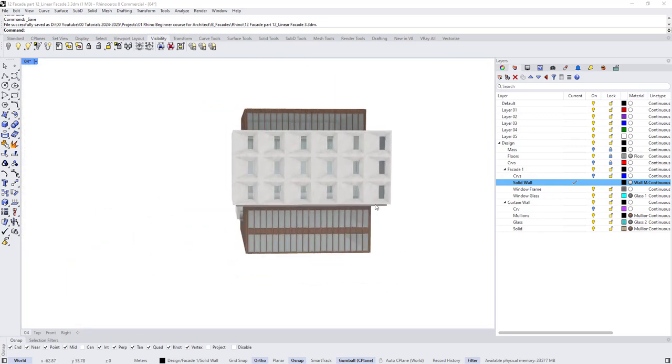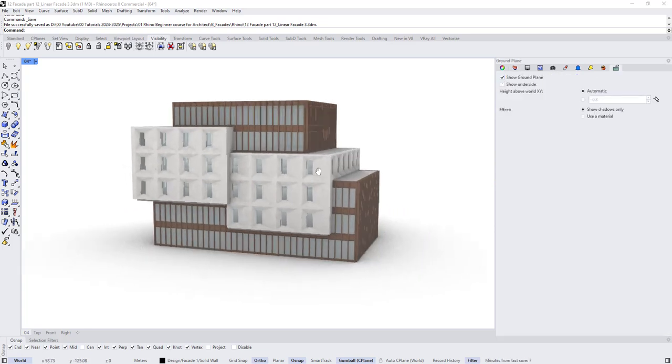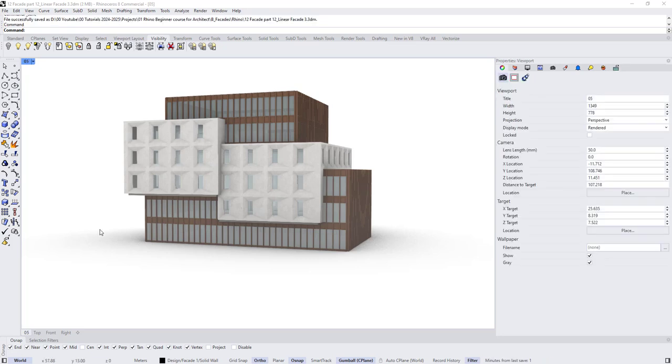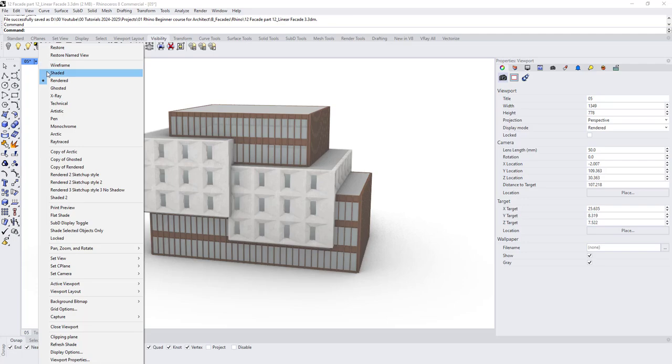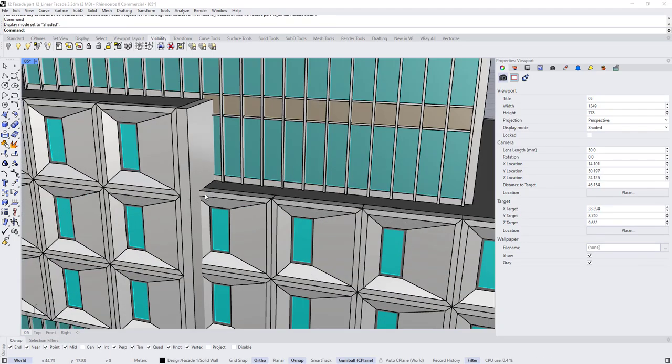Yeah, this looks good. And by the way, I want to show the ground with more depth. Okay, so this is for the material. Now I will start refining the design and adding some variation. So I will start by switching to the shaded mode. And first, I think I will increase the length of this flat part to avoid this kind of weird